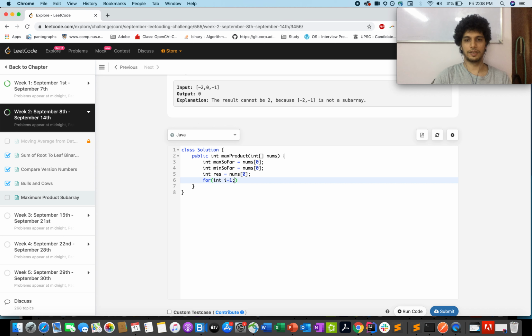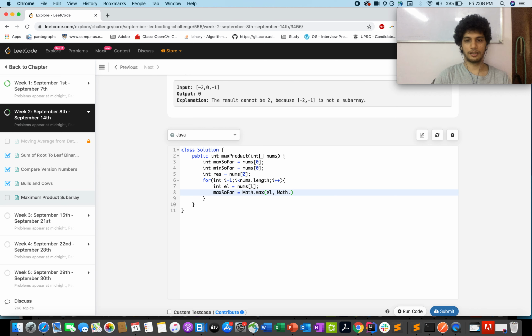Integer i equals 1, i is less than nums dot length, i plus plus, and let's update the maximum so far variable. What is the current value? Let's store the current value: el equals nums of i. So el will be one of the contenders, as we discussed in this presentation.